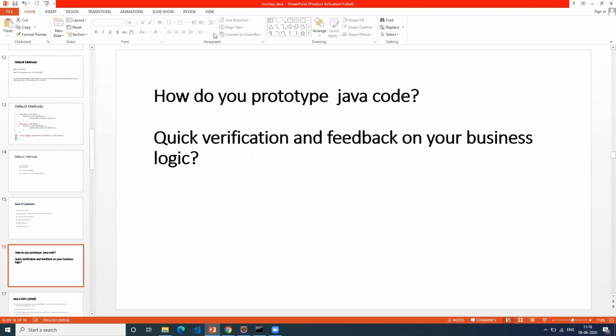And I know the logic, but I want to make sure that logic works in my Java code. Let's say you are a complete newcomer and you don't know anything about Java, and you want to experiment with that. How will you do it? You can't do it because you don't know what is a class, you don't know what is public static void main, you don't know whether your class should have public as a modifier, and you don't know the javac command. All these things are there, right?